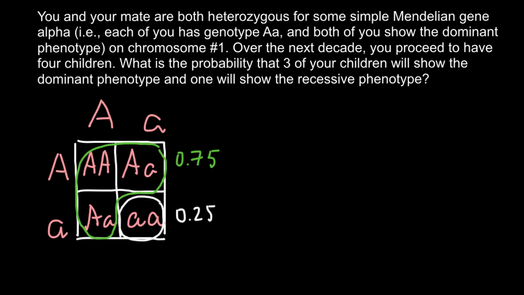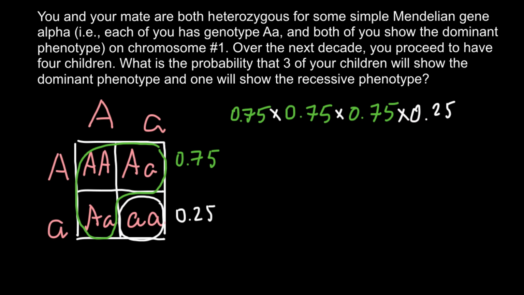So what is the probability that if a couple would have 4 children, 3 of them would have a dominant phenotype and 1 of them would have recessive phenotype? The probabilities are as follows. First child would have probability 0.75 to be of the dominant phenotype, second also 0.75, and third 0.75. And the fourth child, to be exact, one of 4 children has to have a recessive phenotype, so probability is 0.25. Because all these are independent probabilities, we have to use the product rule. If we multiply all these numbers, we are going to get